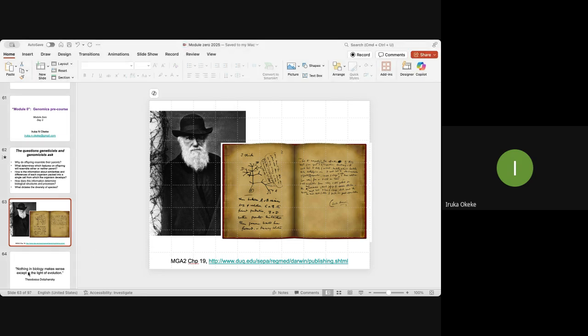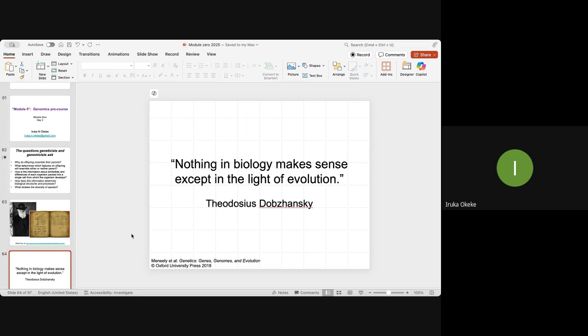This statement on the next slide, "Nothing in biology makes sense except in the light of evolution," was made by an evolutionary biologist known as Dobzhansky, who was also a priest. So some people think those two things are incongruous, that if you believe the world was created by a supreme being, then you also cannot believe in evolution. Now, this is not the case. Most of us will accept that,